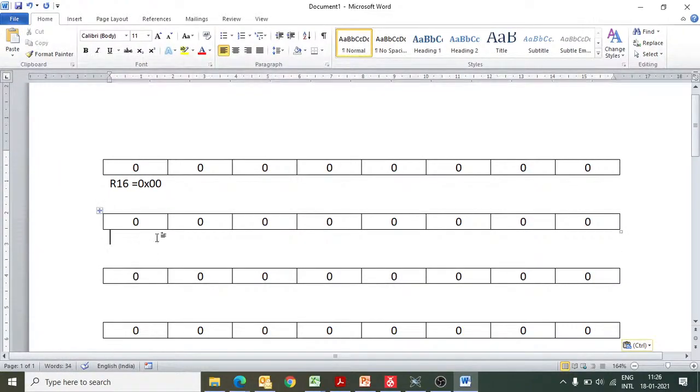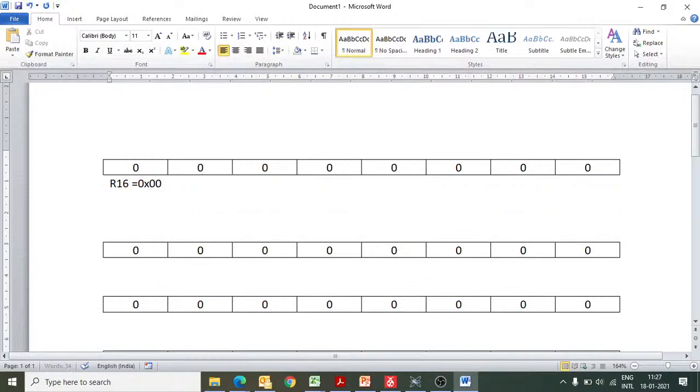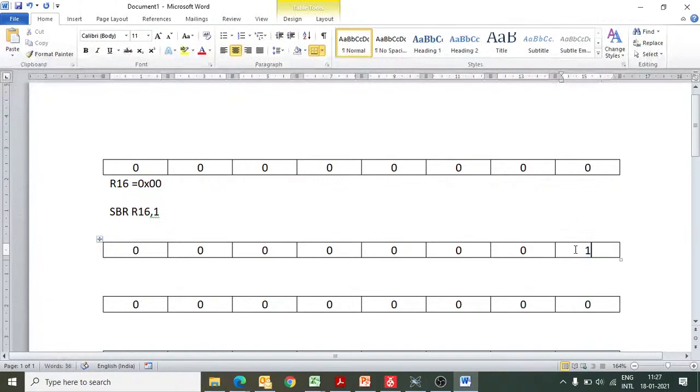Now let me execute one instruction like this: SBR R16, 1. Whenever I say this, my first bit will become 1. If I write 3 here, my first two bits will become 1 1.